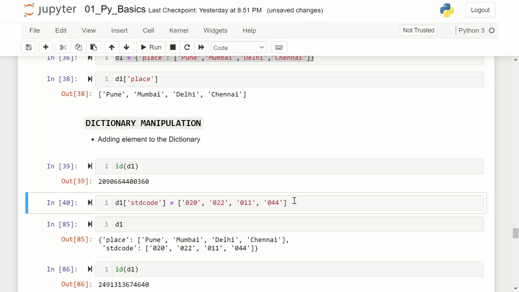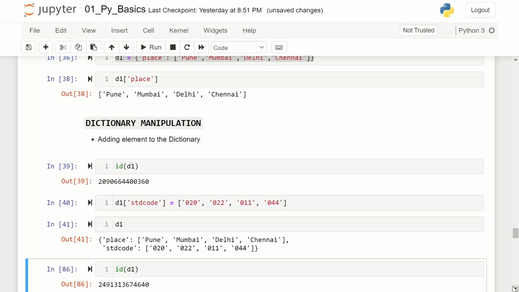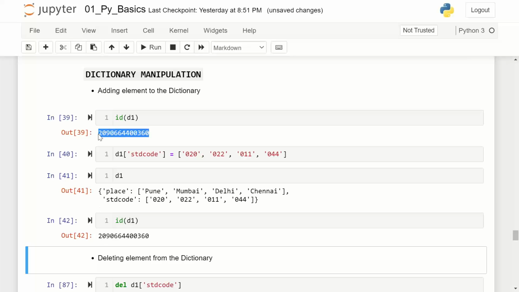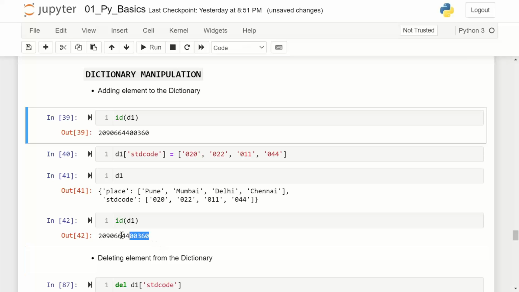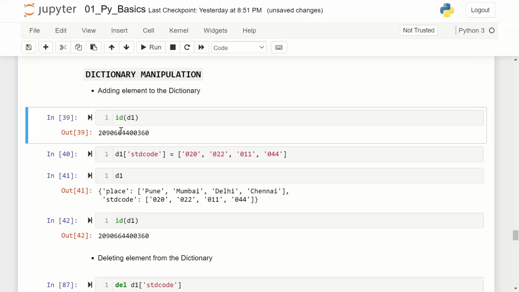Control enter, shift enter. The new key STD code has got added. Let me see the memory ID, shift enter. Let me compare. This is 360 ending and this is 360 ending, the same ID. The object to which D1 was referring, the same object is modified when I add the new key STD code,